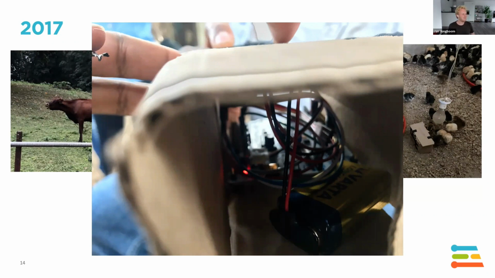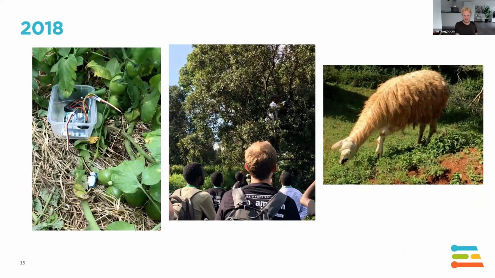But really fun. So we grew in this part as well. We went from literally hacking something up with a bunch of dev boards and just trying to do something, to a little bit more structured approach. In 2018, we had a couple of use cases. The first one was a system to do soil monitoring and environmental sensing. We had some basic soil moisture and temperature sensors, and then we also had one to do PM2.5 measurements for air quality. And the third one was that we actually started building camera traps.